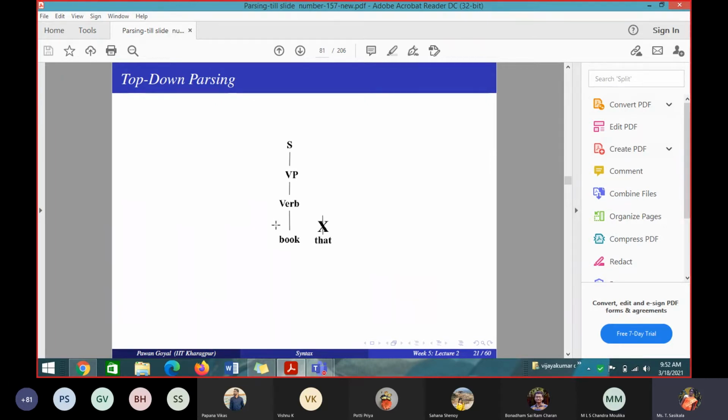If I have another path, VP will derive book, and the other path may derive the other words. I don't know, I have to check. But here there is only one path, only for book. But I have a sentence having book that flight. So that is also not possible. So now taking S next.